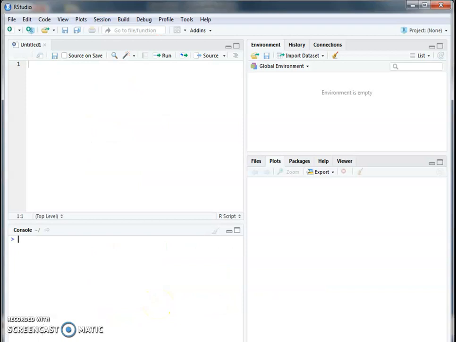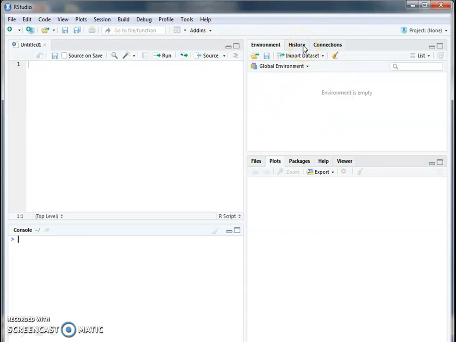When you open up RStudio, this is what it looks like. It has four compartments. The first compartment, that is untitled, is where you write your commands. This is the console where commands are executed. If anything is wrong with the command, that will be shown in this place, so you can correct it. This environment shows the database. If you are creating any data set, then it is shown here. If you have created any subset of a data set, then also it will be shown here.